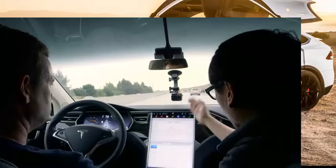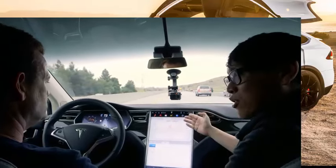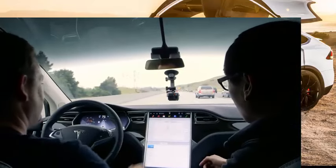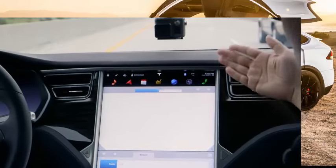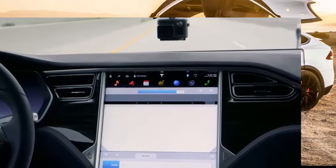Well, as we approach this turnoff for this carpool lane, just a quick recap on some of the features. You have your phone, you have your camera, you have your data for your energy consumption. There's an internet browser built in, and of course we tried it a little bit earlier as it loads in. And you're using a cellular connection. It's over LTE now. That's right. You found out it's actually over AT&T? Yeah, that's what the person...